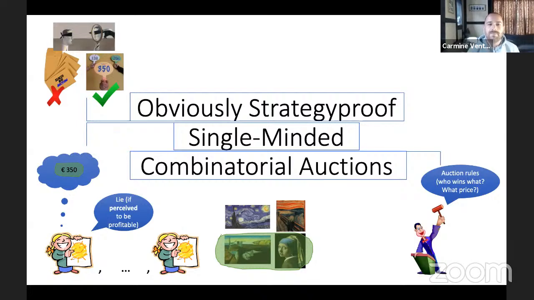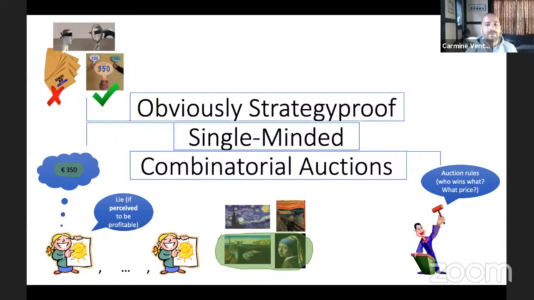So this is because people are imperfectly rational, so they don't perceive that sealed bid auctions are actually truthful, so they try to cheat. Whilst it's easier for them to understand that in an ascending price auction it's useless to cheat. So what Shengwu Li did some years back is to formalize this difference of perceiving when it's harder or easier to understand in the concept of obviously strategy-proofness.